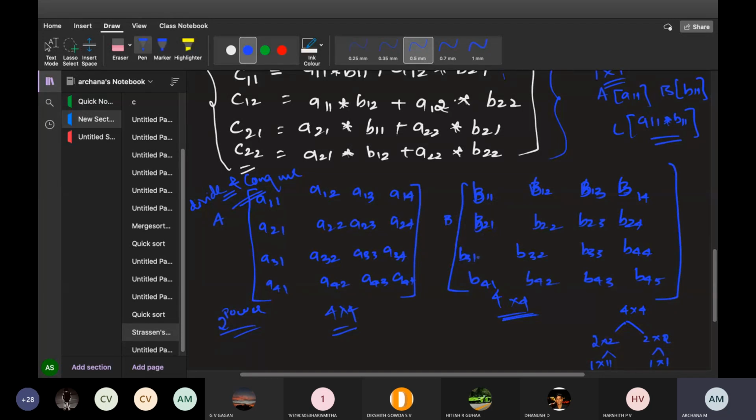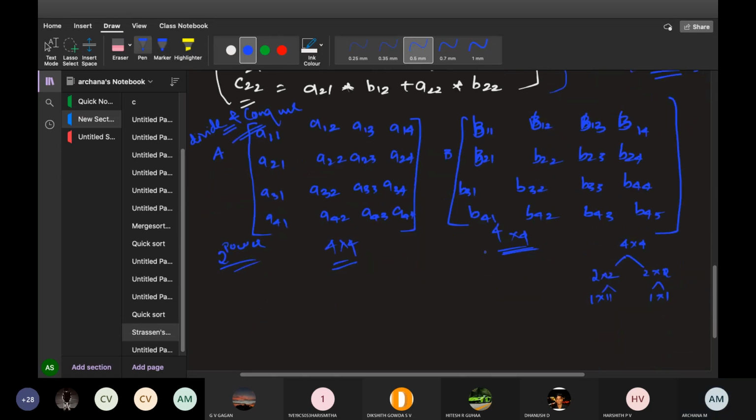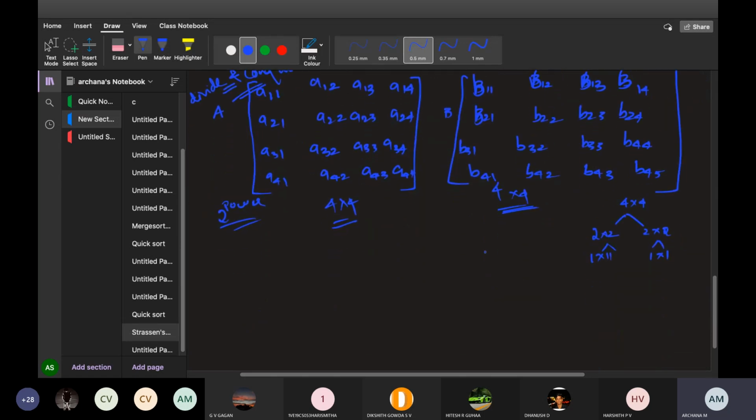Now look here, there is one matrix over here. Now I have to divide this and write an algorithm for this. But this algorithm is not there for you. No need to write the divide and conquer algorithm. Just a simple thing I am explaining. Now how can I divide this algorithm into divide and conquer technique? Can anyone tell me? How can I divide this 4 cross 4 into 2 cross 2 again? Are you following whatever I am telling? Or any doubt?